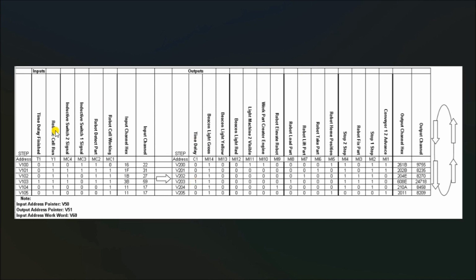So once again, we have our inputs here. So when those input conditions are met, then the outputs are set. It looks for the input conditions again, and then the outputs are set. So it continuously goes on, and then we get to the end of it, and we go back up and circle again. So writing this out will actually help you in understanding truly what's happening within this controller and this operation. So that is the third step, and that brings us to the fourth step of the EasyPLC Robotic Cell